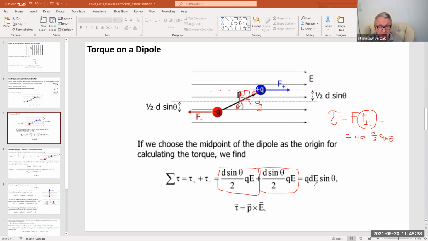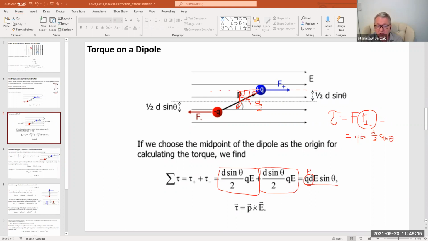Remember, D is not a differential electric field here. D is the distance, E is the electric field, sine theta, where that angle theta is the angle between the dipole moment and electric field. So because that torque is written as QD E sine theta, and because Q times D is the magnitude of the dipole moment, which we called P, then the total torque acting on the dipole can be written as the cross product,